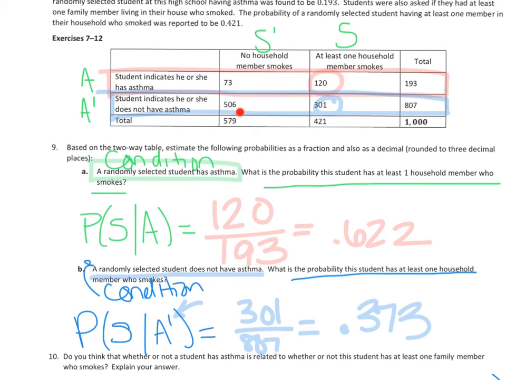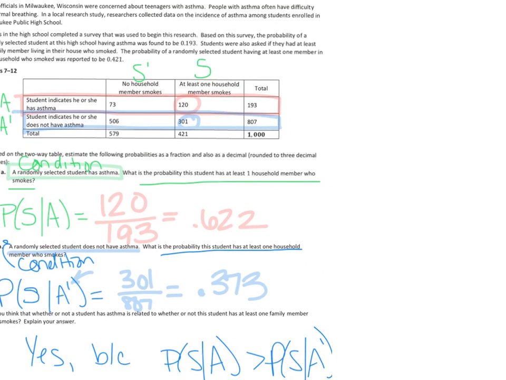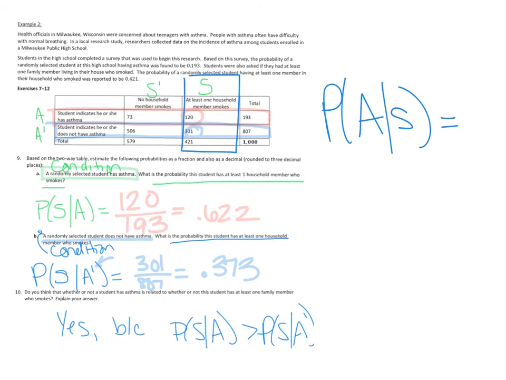Now you could also have conditions going vertically, so be mindful of that. It would be the same thing, it just would be going vertically. So let's do one vertical one just so you can see an example. What if I asked, find the probability of having asthma given someone smokes. That means I'm only going to look here. How many people have asthma in that row? 120 out of 421 people. If I divide that, 120 divided by 421, that would get me